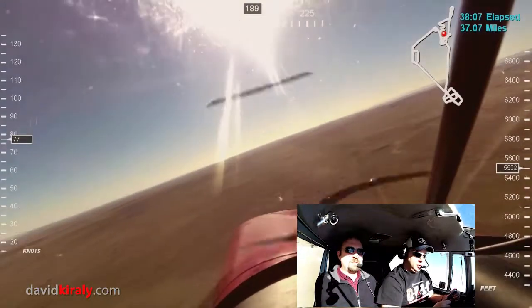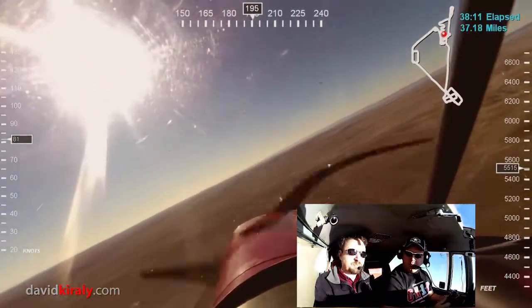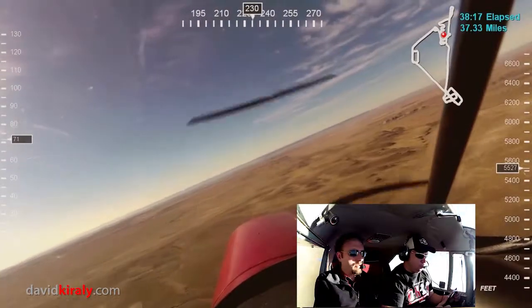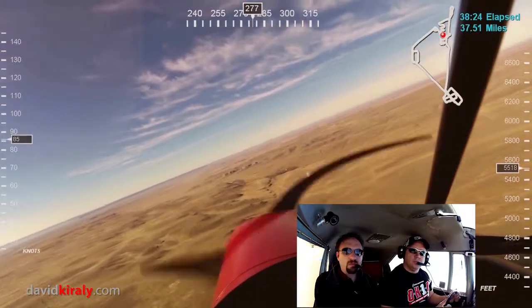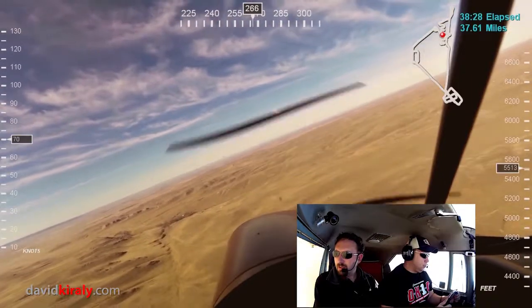This is something you can do when you're solo and you come out here and practice stuff. Practice these kind of maneuvers, keeping it real coordinated, doing the turns about a point, the rectangular pattern. Those are all things that you work on when you're coming out to the practice area solo. Because the goal is